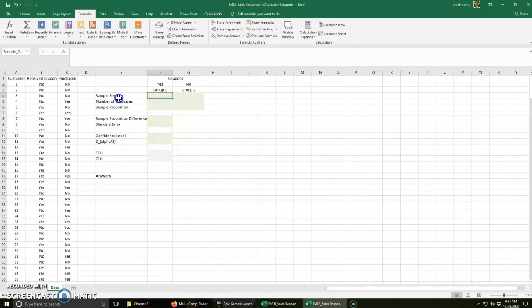So we need the sample size. Do they have a coupon? Group 1 has a coupon. Group 2 does not. So what do we need to do? Well, we're going to count them, but we've got to do a COUNTIF, because we've got some weird stuff going on. So received coupon, that's group 1, so let's figure that out. That's going to be column B, our received coupon. Now that I have the range name in there, I don't really have to highlight it. So group 1, if they received the coupon, they would be a yes, so that is going to be